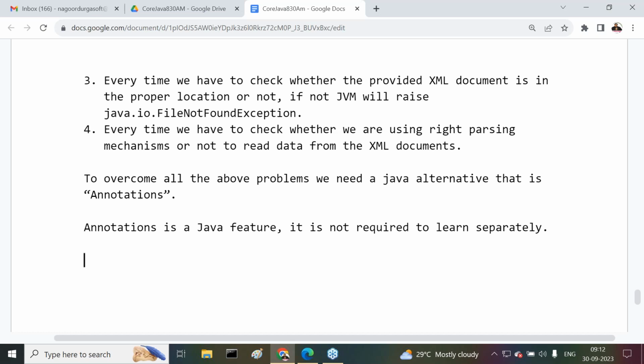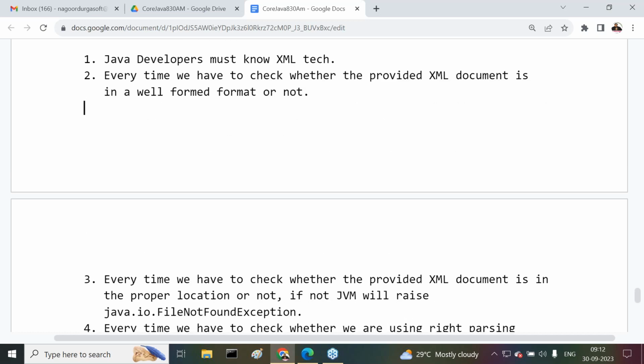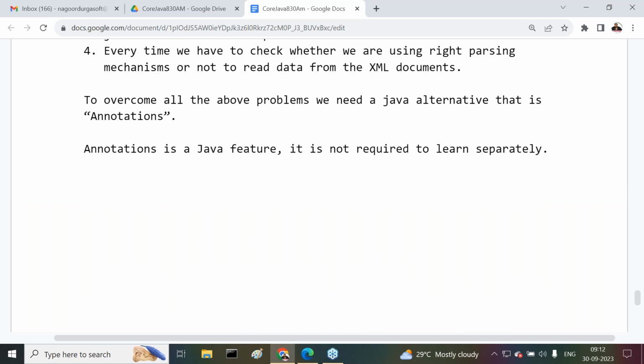Apart from this, the Java alternative we are providing is annotations. So this is about the annotations point. But guys, one more point: how to declare annotations and how to access the data from annotations, how we are going to check these annotations, everything we are going to discuss